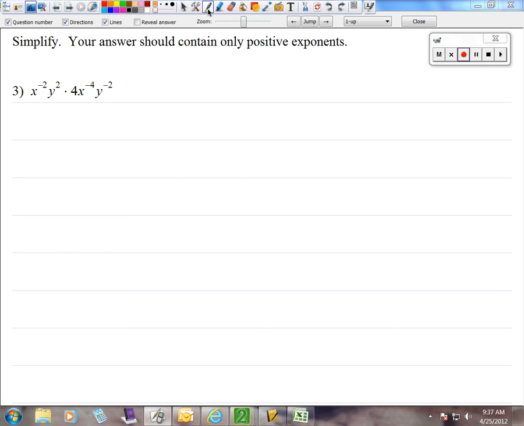Oh, this one's not too bad, is it? Did everybody do what I did on the first one? Did you add exponents on the variables first? So if we do that, we have 4. What's going to be x to the what? -6. Y to the what? Yeah. Now that simplifies it nicely. Pretty easy to see. What's the y to the 0 become? Yep. So it's basically gone. So our final answer would be,